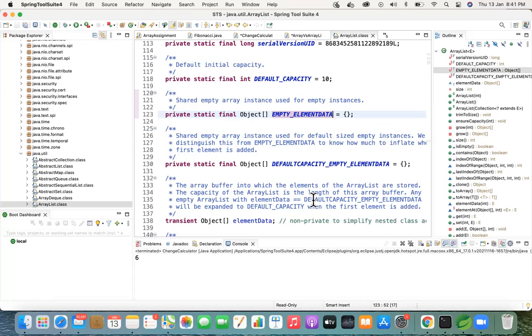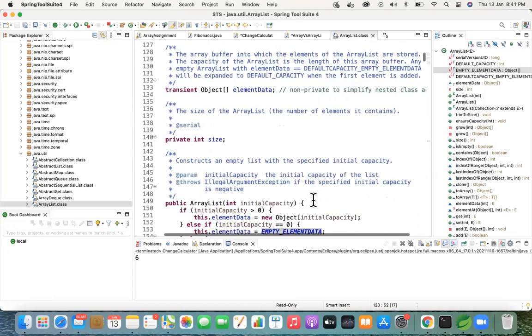So whenever you're creating an integer array, you can either give new int of 5, and then add your value in each element. Or if you have some values organized, and you want to give them at runtime, not specific to an index, you can still represent them within the curly braces. So here, instead of giving new Object and creating an array with square braces, they have represented that with the curly braces. Now, can you scroll a little down and see the initial capacity?